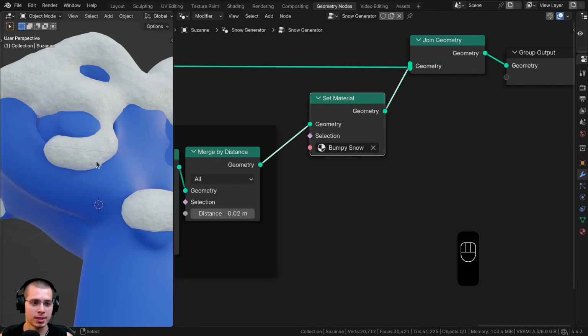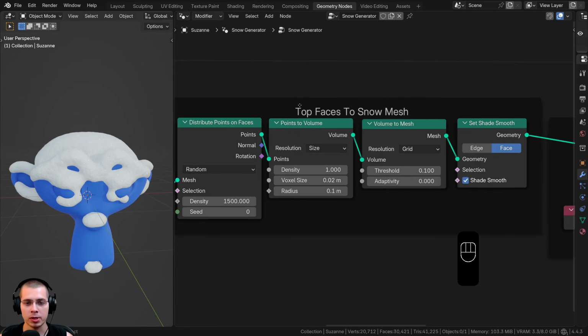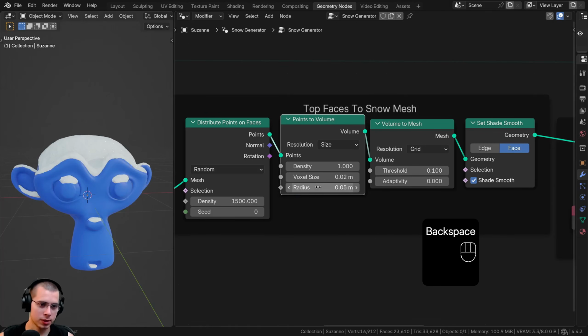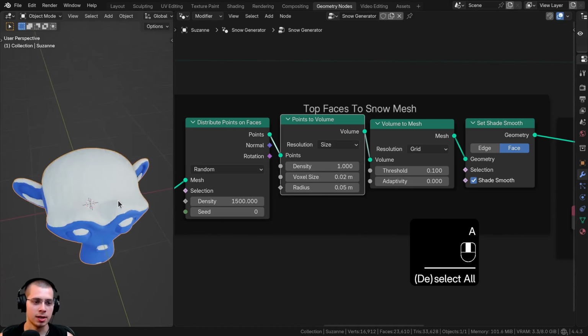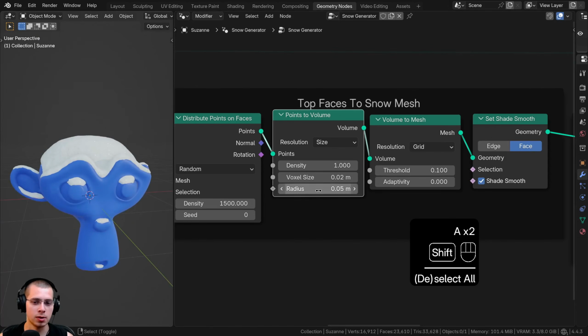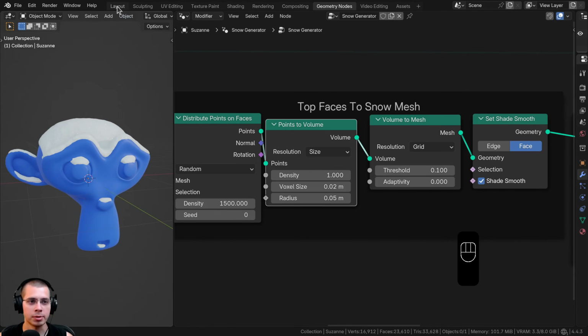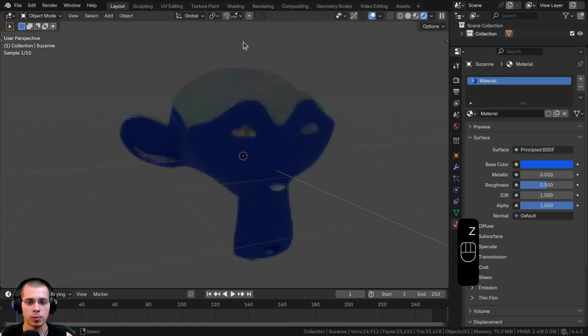Now I do think the snow is a little bit too thick. So what I'm going to do here is go to the points to volume node, and here on the radius, I can just turn this down a bit to like a 0.05, so it's only half the size. And now you can see that looks a lot better. It looks more like snow. You can use this to change the thickness of the snow, but I like that a bit better at 0.05. I'm just going to jump over here to the layout now, and I'll go into the rendered view,